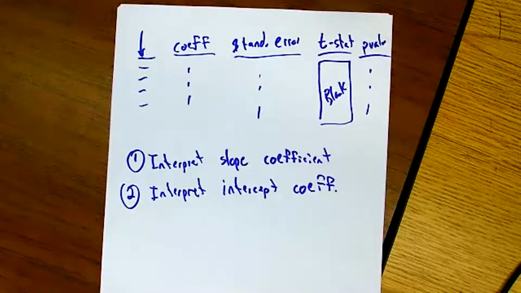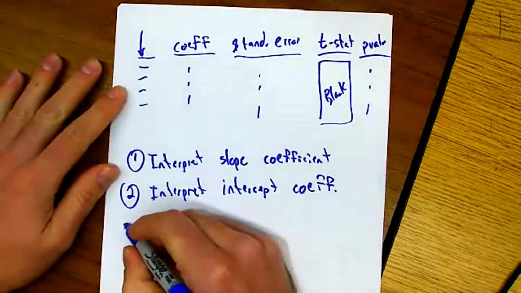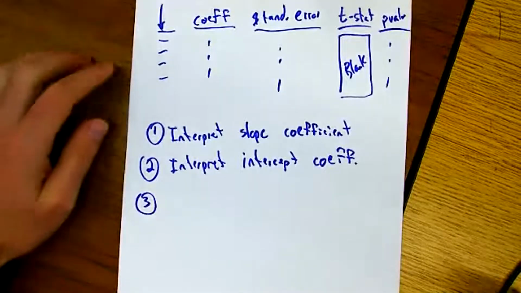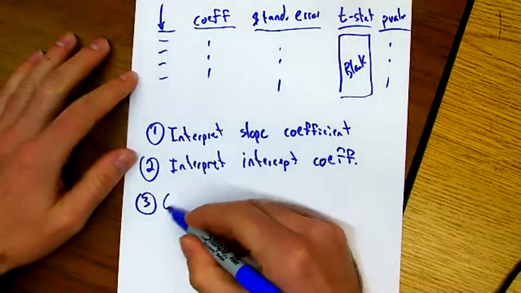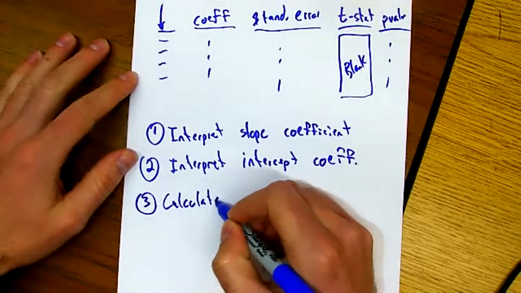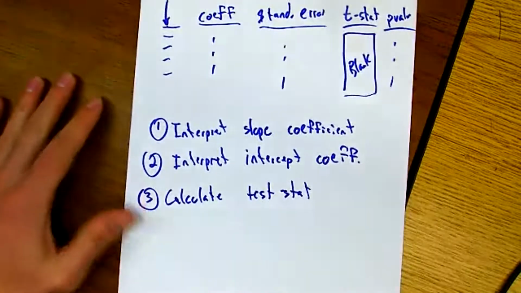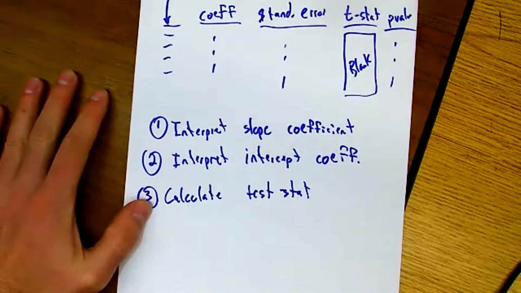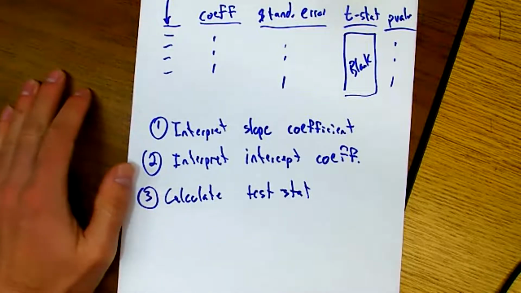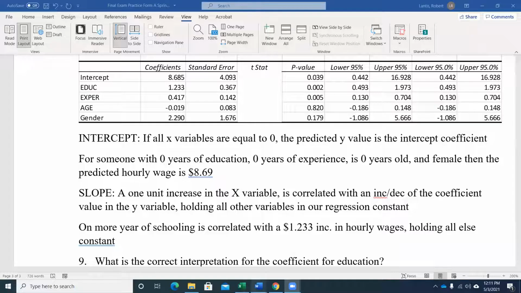Some other things that I would know how to do, and this probably will help you not just on the short answer, but other questions, right? This one should be real easy. It should be the easiest points of the exam if I ask you to calculate a test statistic. So if I leave these blank, all you're doing, and we have the formula sheet, and it will kind of remind us